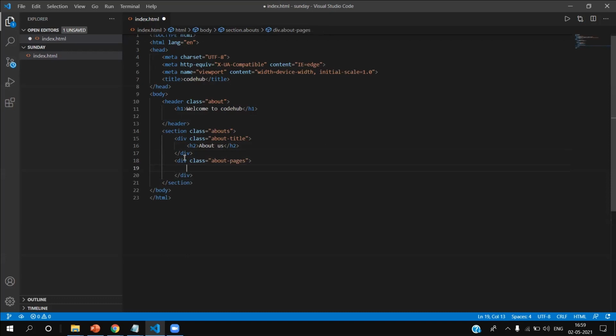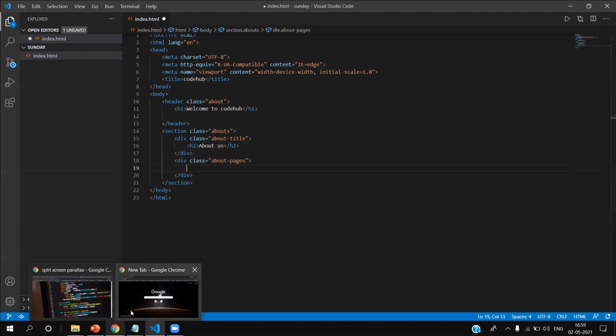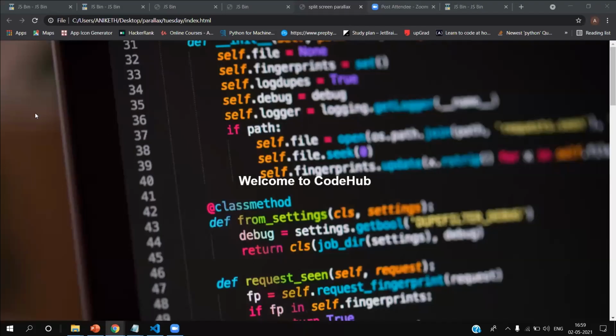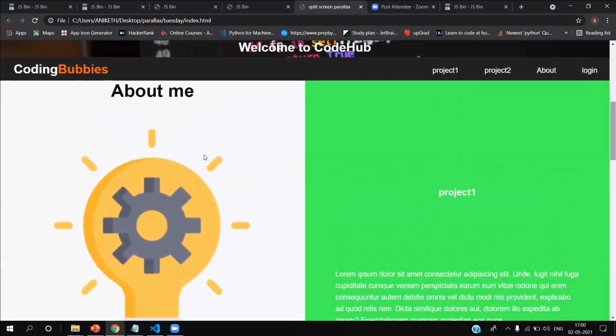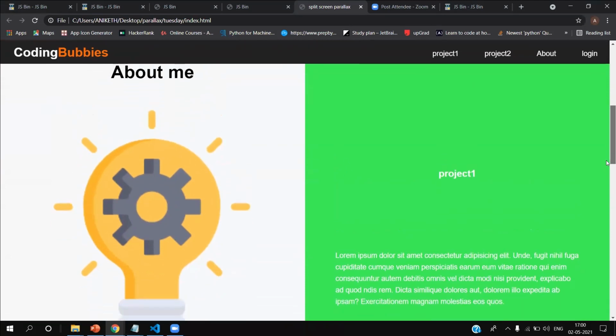You guys might not understand it, so I'll explain. This whole page is header, and this about me, this whole thing down is a section. About me and this white section is about title.